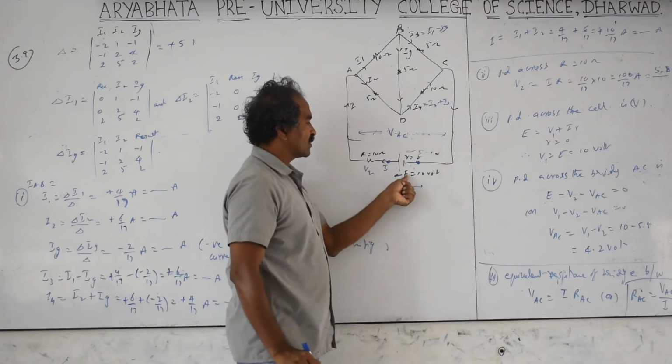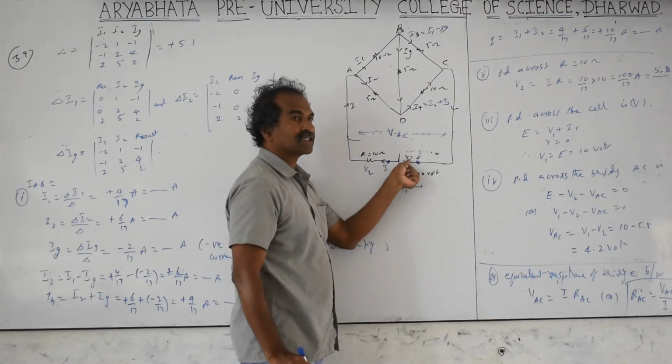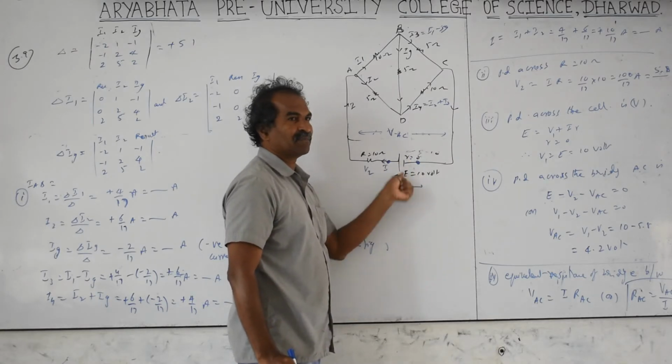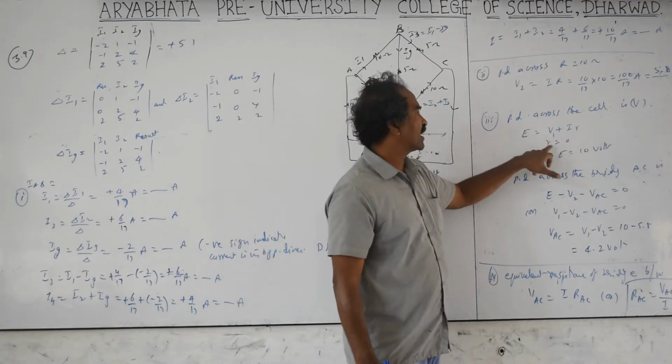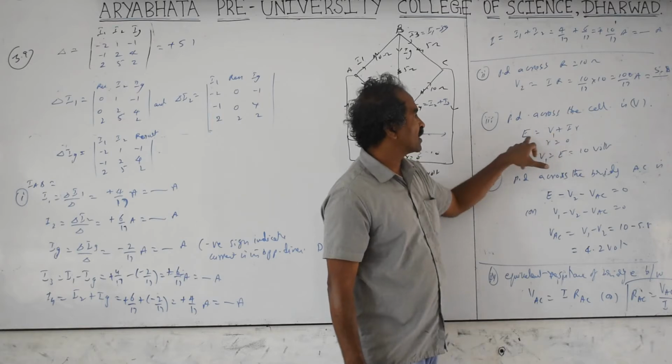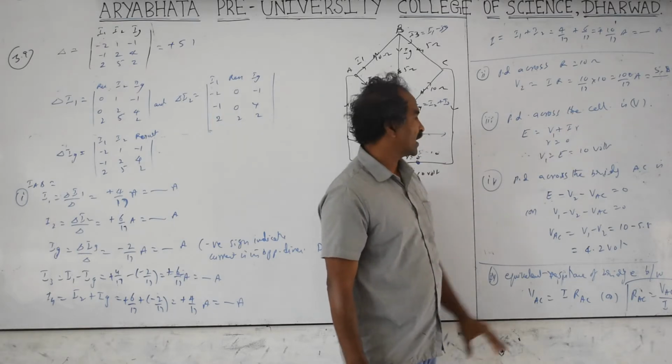So E is equal to V1 plus I into the resistance small r. But if small r is 0, then E is the same only. If it is not 0, then substitute the value of small r, which I already know, and you get the expression for V1, which is nothing but E minus IR.